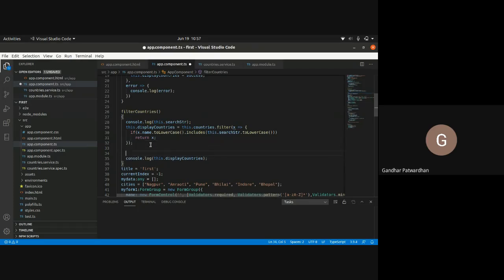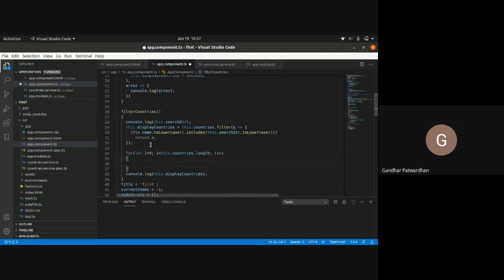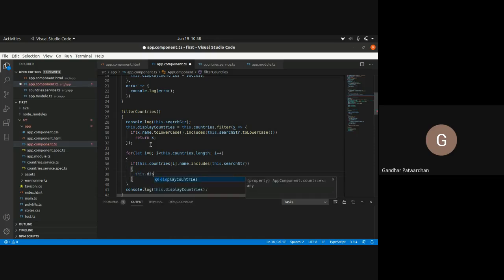If I say for let i equals to 0; i less than this.countries.length; i plus plus, and I would say if this.countries[i].name.includes this.searchStr, then I would say this.displayCountries.push, and I'll pass this.countries[i].